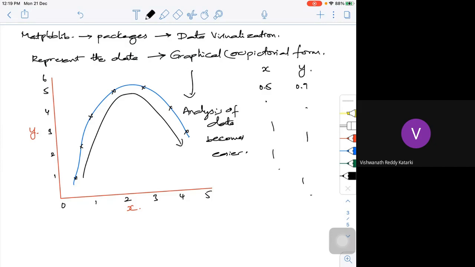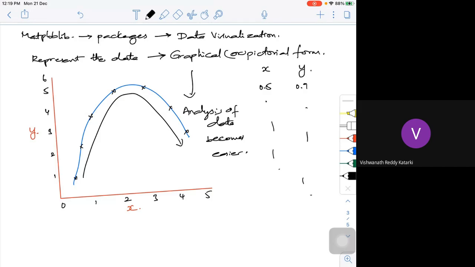A simple thing. Most of us, if you go to strength of materials, you might have done this experiment in your lab. What we are trying to do is plot the stress-strain curve. We take the stress versus strain values and try to plot them on a graph sheet. Now, from the graph, I can tell up to what limit is my elastic limit, which is my plastic limit, where that particular material has broken, the breaking point, or the yield point. All those things I can easily make out if I look at a graph.